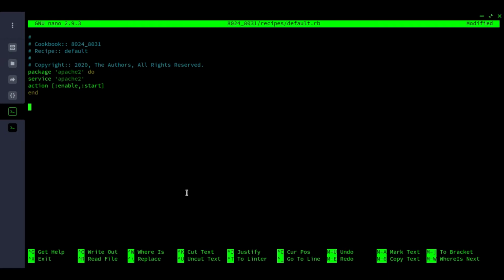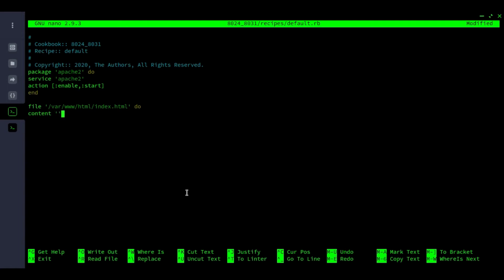So for the file which is there, in var there is www, and in www there is HTML, and in that Apache 2 stores index.html. For this file, we have to alter its contents to whatever we want.